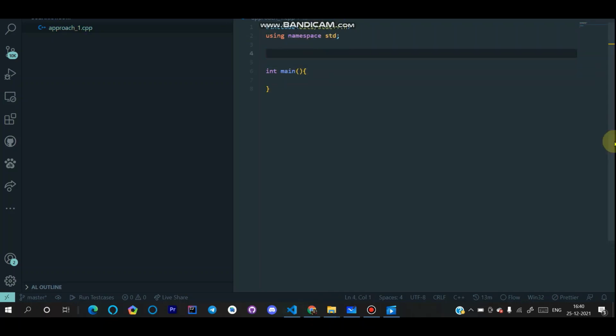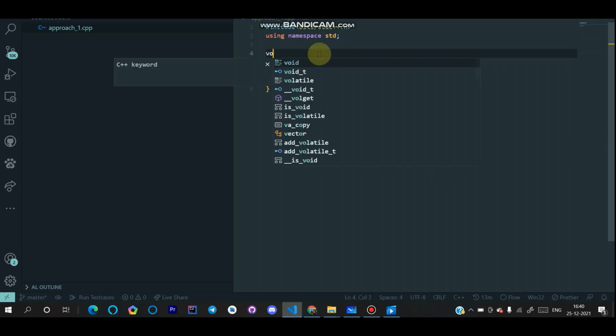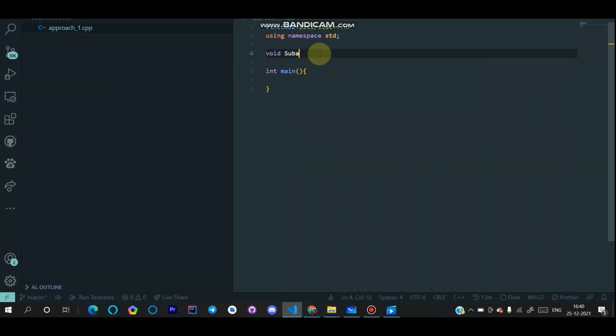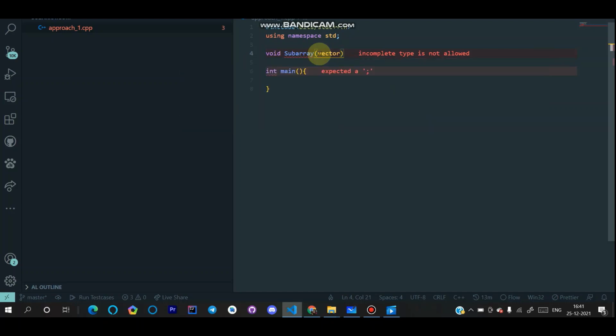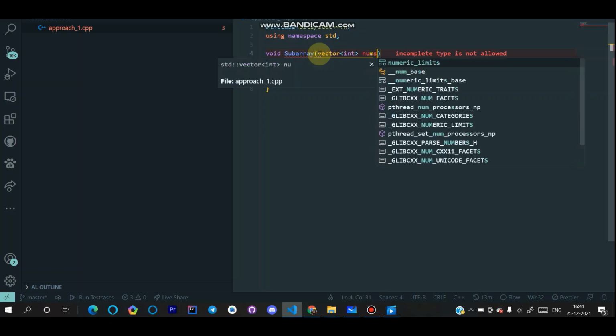First, we declare a function void subarray. Okay, we declare a vector here because in the LeetCode problem we were given a vector int nums. Okay,